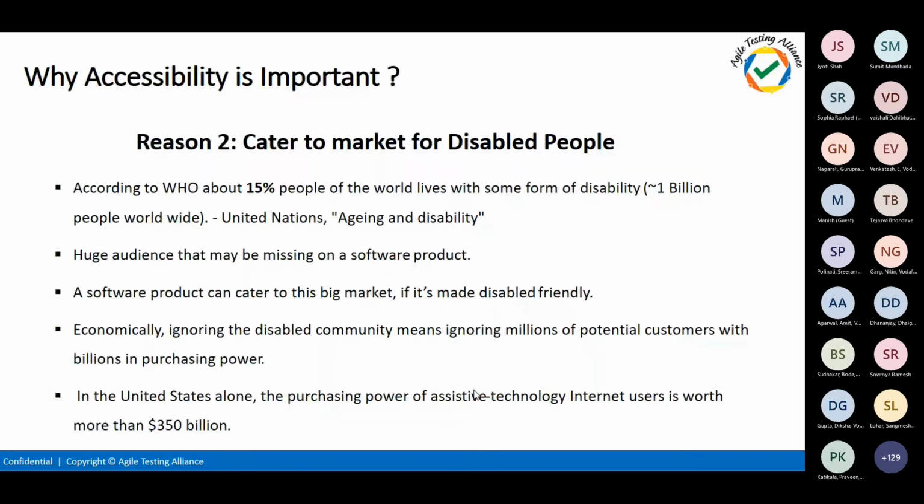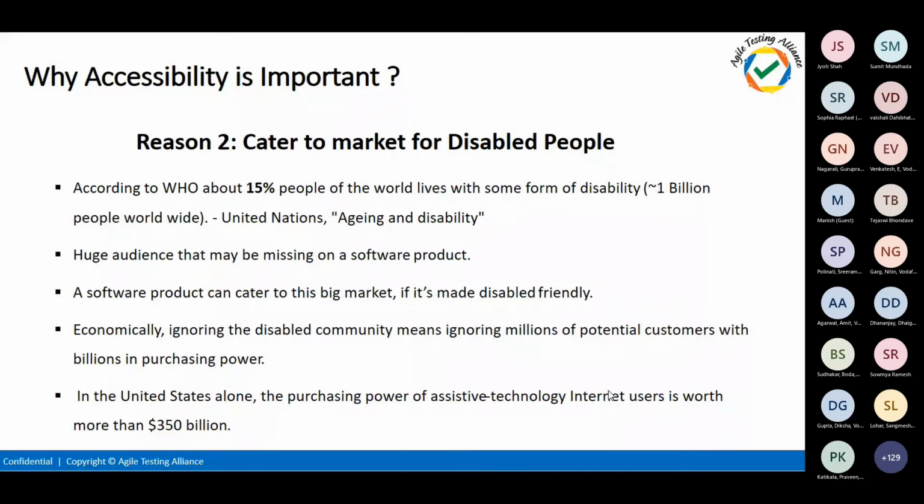The second most important reason is that, according to the WHO, 15% of the people in the world are disabled. That is almost 1 billion people worldwide. If you make even a 1 rupee profit from each of these people, it's going to be a lot for our client and others.